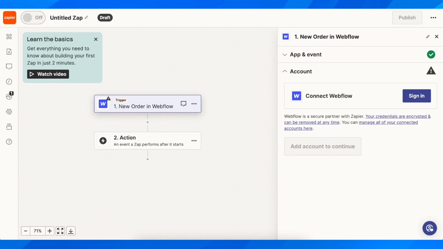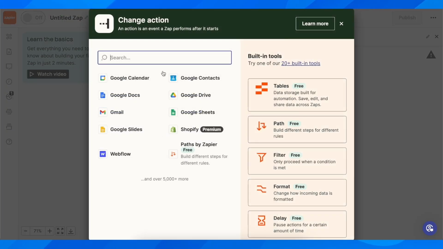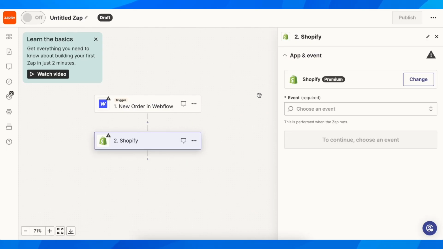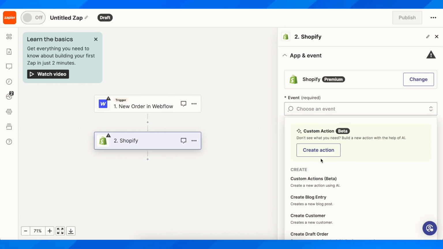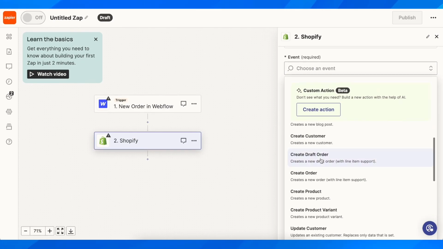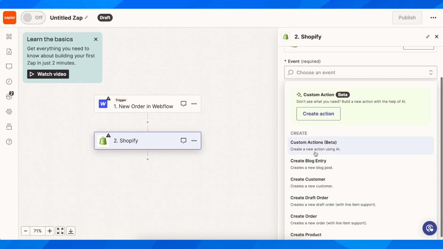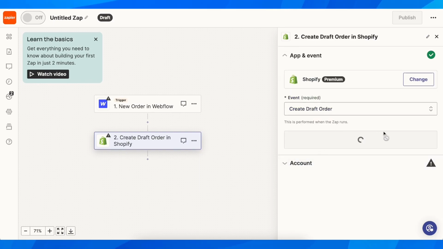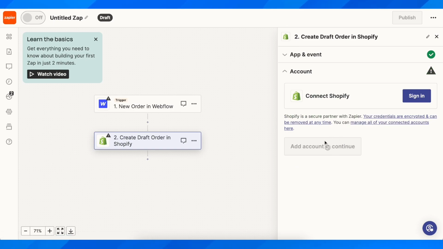And then here you're going to have to connect your Webflow account. And after that, you're going to have to go to the second one and then choose Shopify, and then here you're going to have to click on choose event. And then as you can see, you have a lot of options here, and then you can simply choose one of these. And after that, of course, you're going to have to click on continue and connect your Shopify account,